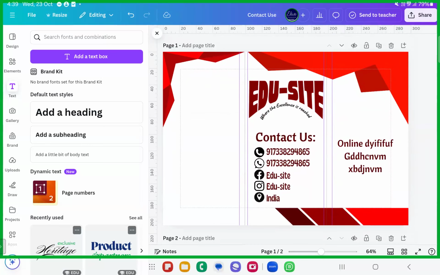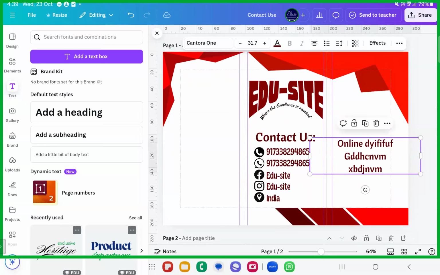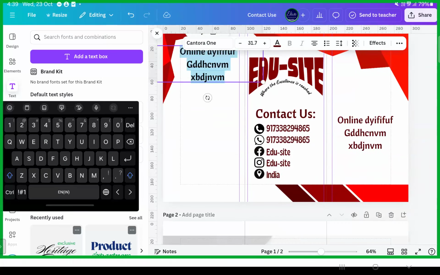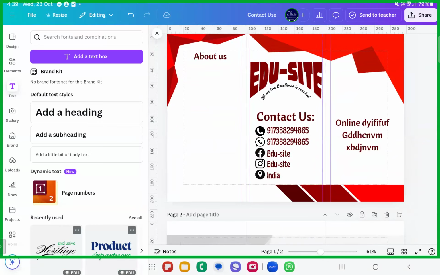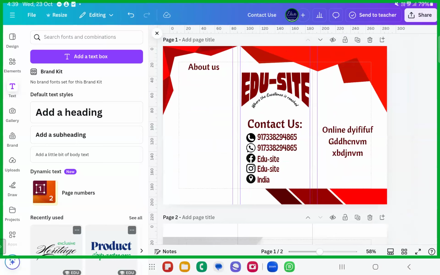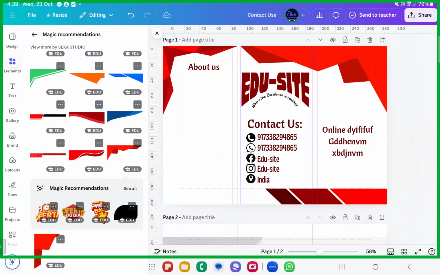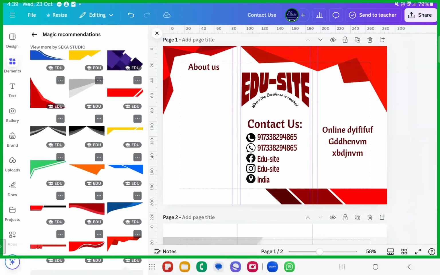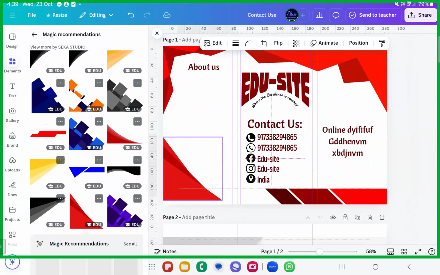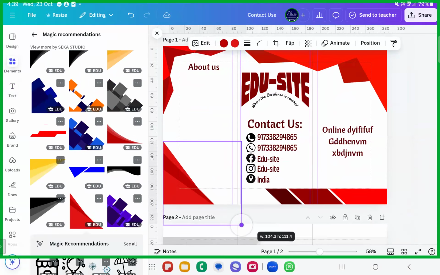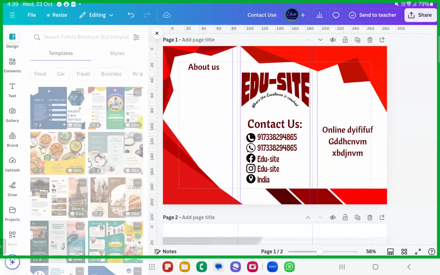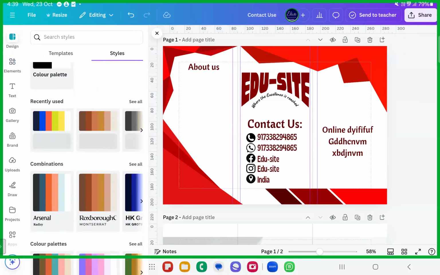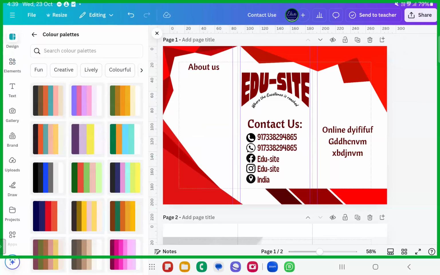And so now you can even add on this side about the company. Okay, here you can write the about us. About us. Okay, all of the information. It's all textual content. So make sure you're adding some textual content, and also you can add more stuff to this, like in the elements. Let's see something reddish. Okay, you can even add this one at the base, something like this. Now the colors, if you don't like these colors, go ahead with the designing, go ahead with the styles. And now just change the combinations of the color palettes. And this works very excellently.